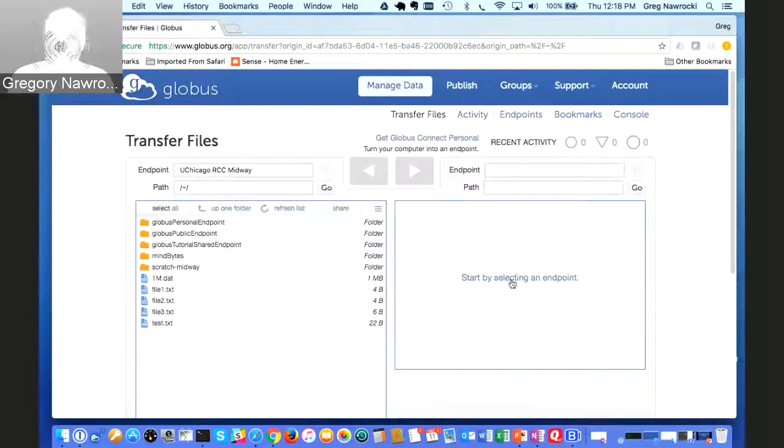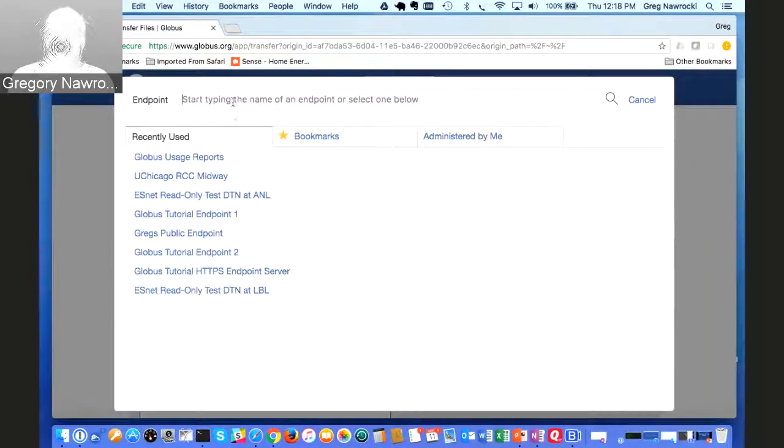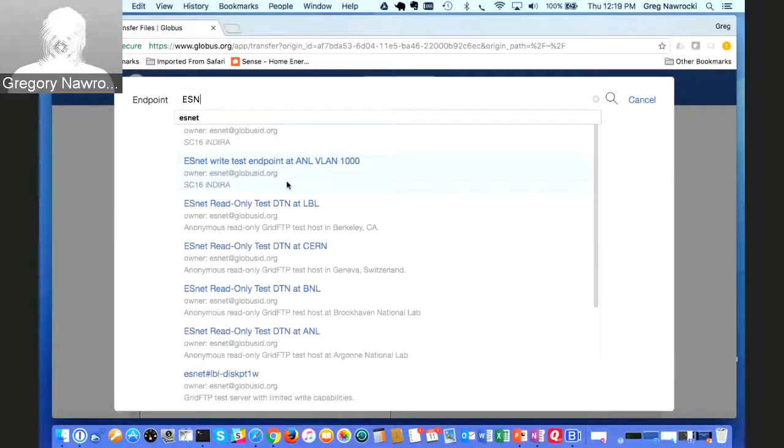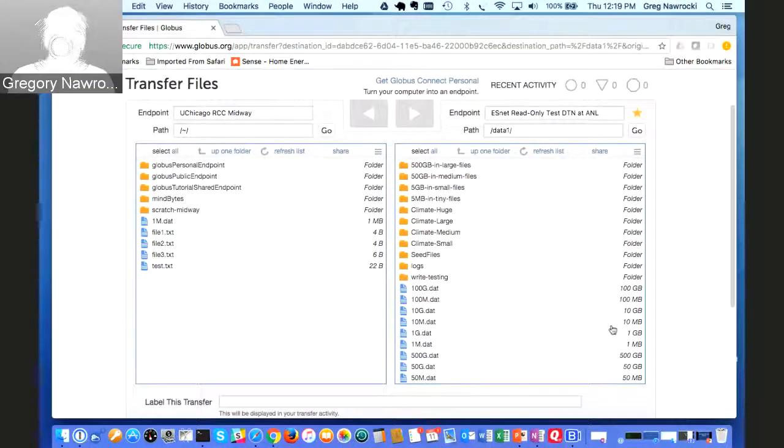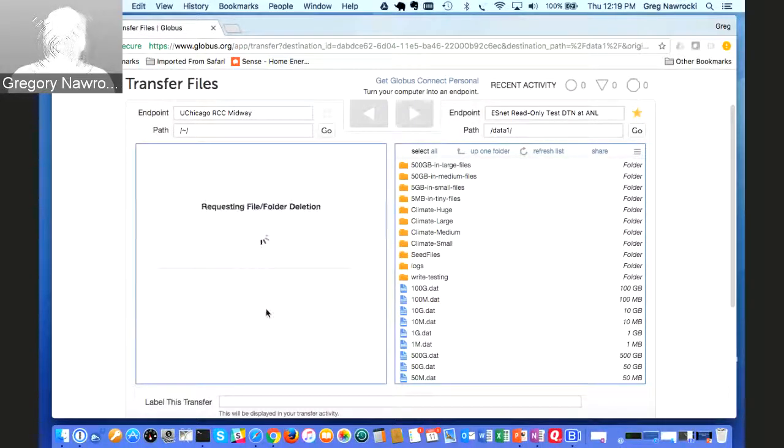So to show you a transfer here, let's go and select an endpoint. And as promised, we'll go to that ESNet endpoint, and there is a read-only test here. And if I want to take this, what I'm going to do is go ahead, and those are all pretty big files. So let me go ahead in here and delete this. My apologies. I try and get this set up as much as I can for the demos, but I do so many, there's inevitably something I forget. So let me go ahead and delete that item and refresh it.